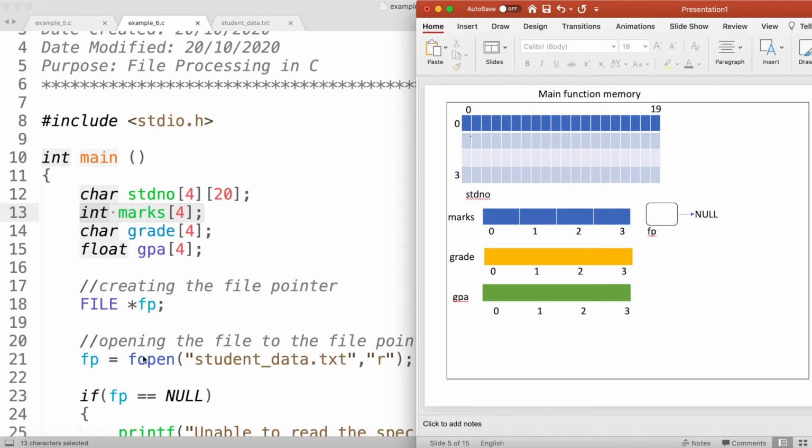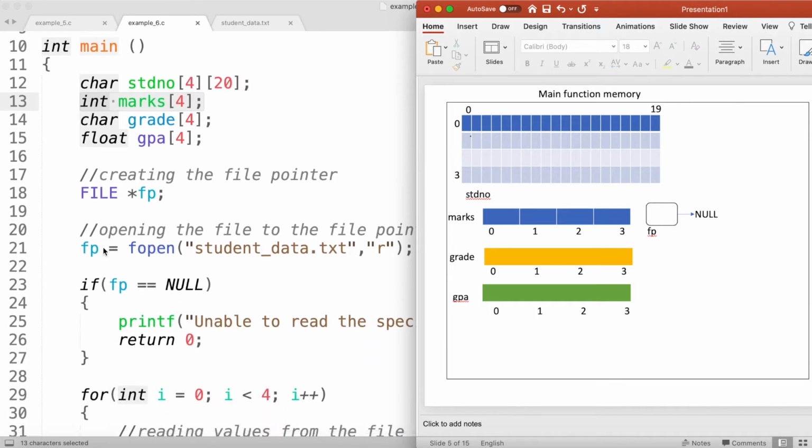In the next statement, I'm trying to open the student_data.txt file, which is currently available in my current folder, in read mode and assign that file to my FP file pointer. Let's assume that we have the student_data.txt file in the current folder.